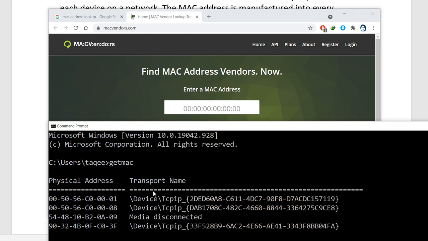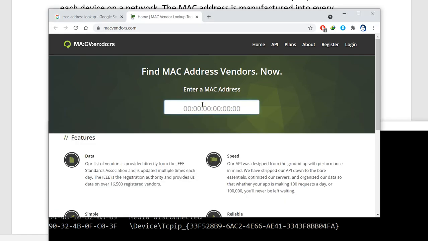and now I'm getting these MAC addresses because of the media access control I have. Now if I want to check who is the vendor of these MAC addresses, I can just copy this and paste it here, and you can see it is saying this is Dell company. So this device is made by Dell, because my laptop is a Dell device.